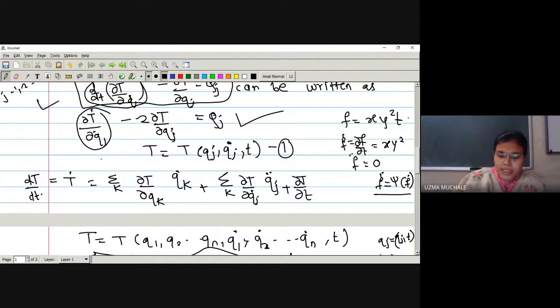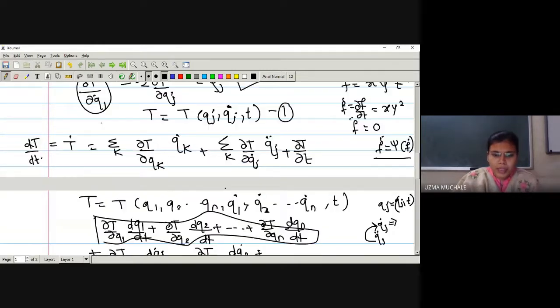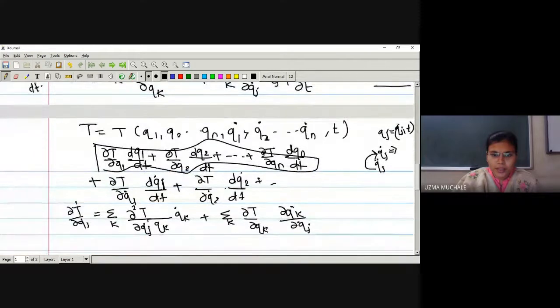So that's why, in this, we have to evaluate the derivative of this T dot with respect to q_j dot. At that time these two are functions of q_j dot, because this function is also involving q_j dot. But here only ∂T/∂q_j dot will be a function of q_j dot, since T is a function of all these three. But q_j double dot is not a function of q_j dot. So first we will evaluate the derivative of this term only, right? Let me write down the derivative of the term.